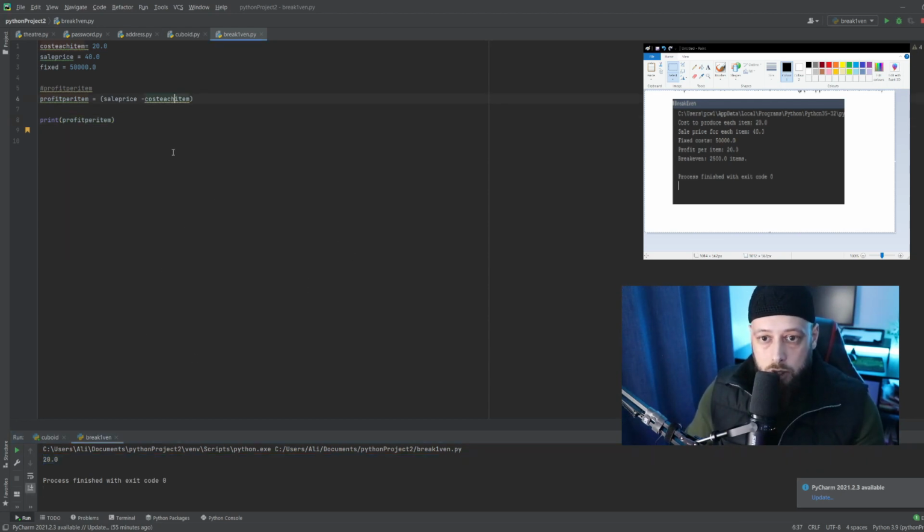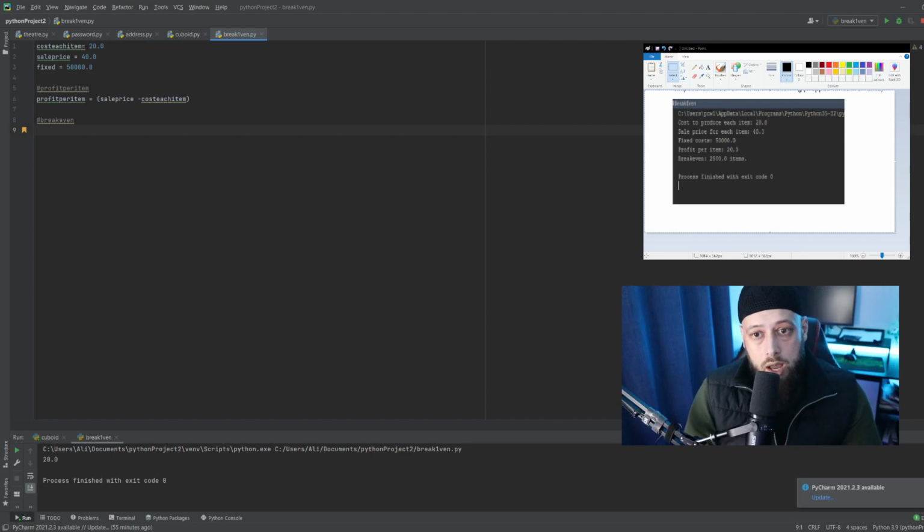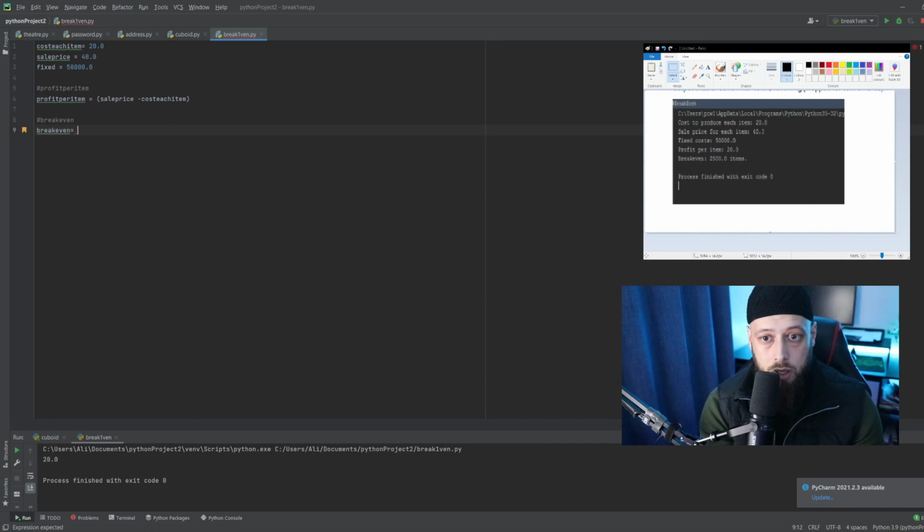So now moving on, we get our break-even formula. Once again, we need to find out how many items we need to sell before we break even. That shouldn't be too complicated, so we will create another variable called break-even, and the formula will take our fixed expenses and divide them by